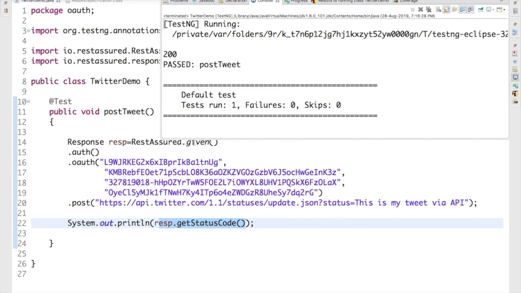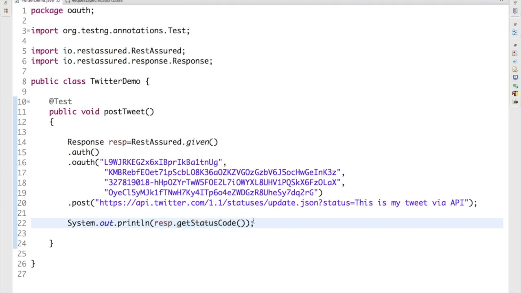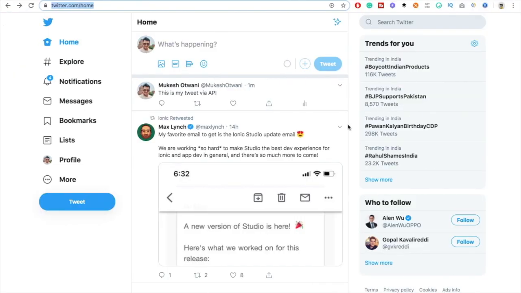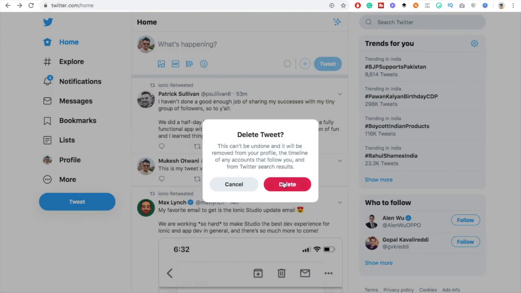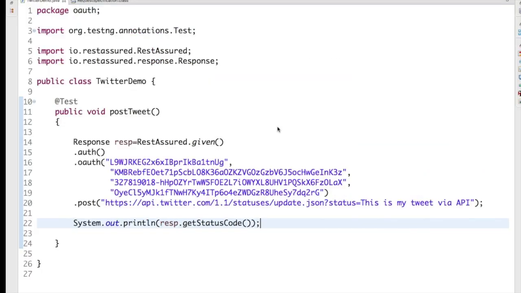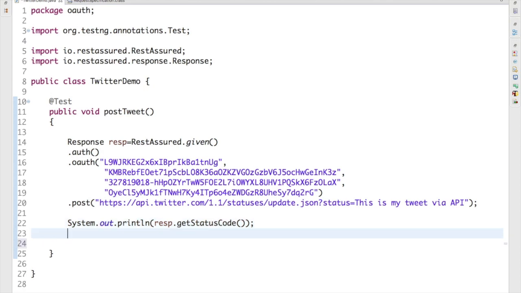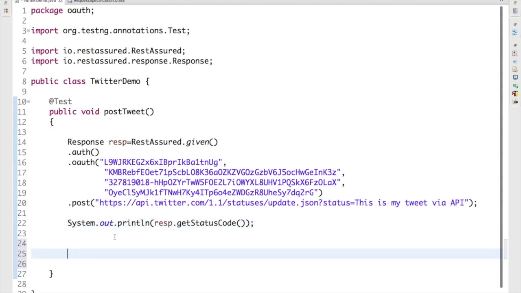Okay, so this was about the response code, but let's say I had done a tweet. Now I also want to get the tweet ID. How can I do that? So first of all, let me delete this because if I do it again, it will say duplicate. So I have deleted this manually. Now let me do one thing. Apart from the status code, let me also put